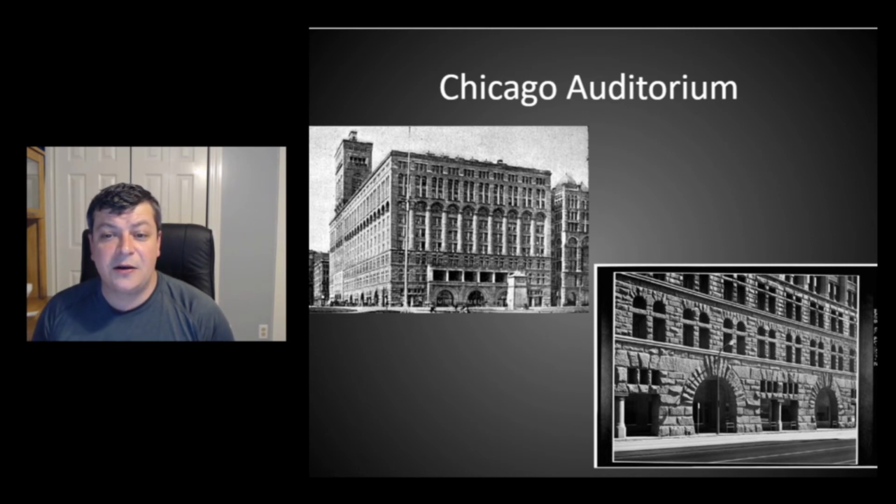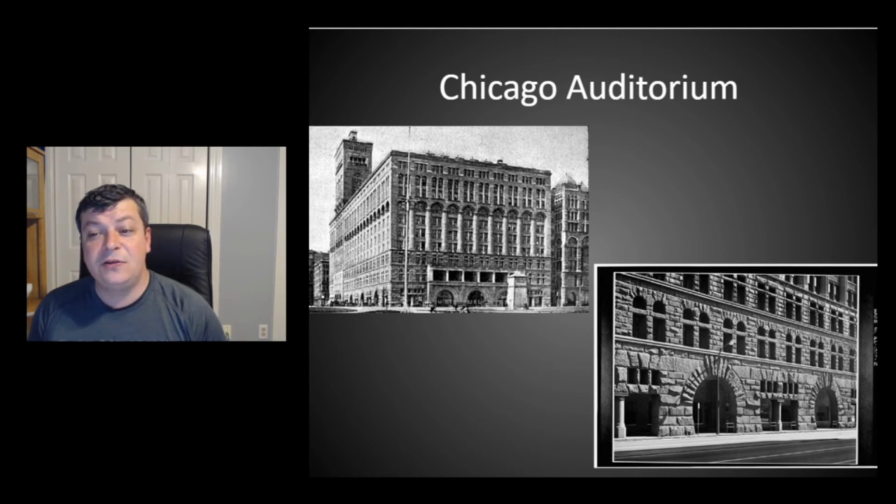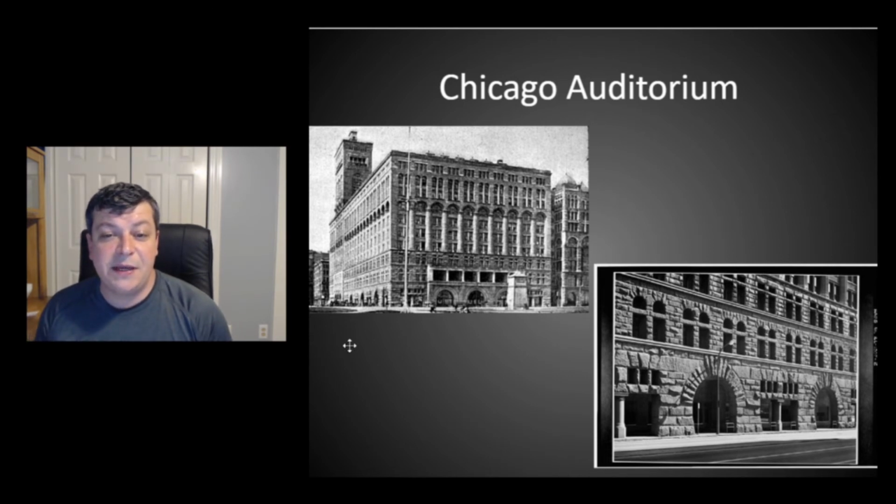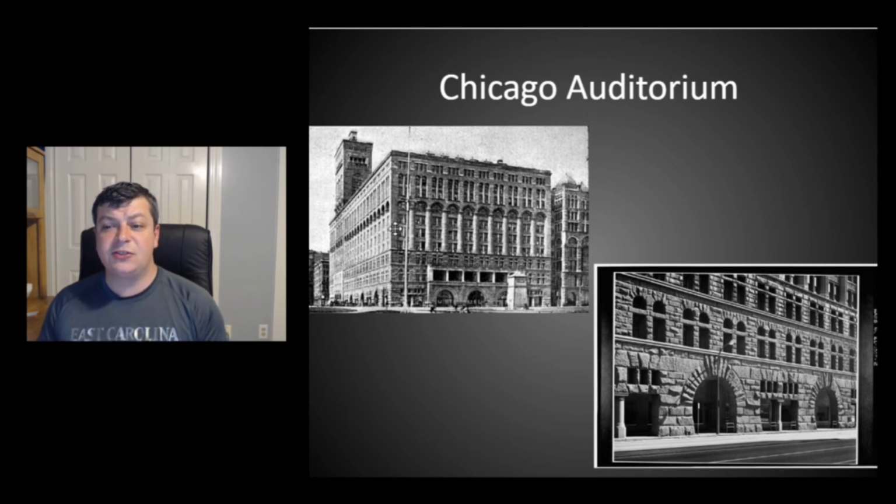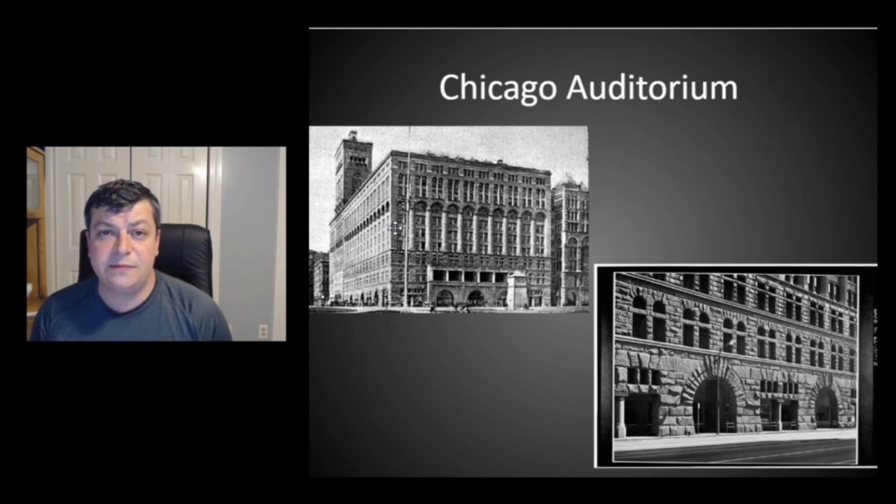It was called the Chicago Auditorium. And if you look at this building, you can see some of the concepts that I alluded to earlier. First, there's a limit on the size. While they're able to build this bell tower in the back, there's obviously this limitation in the size, and really the strength comes in the walls themselves.